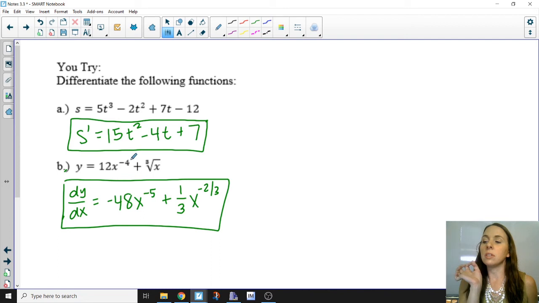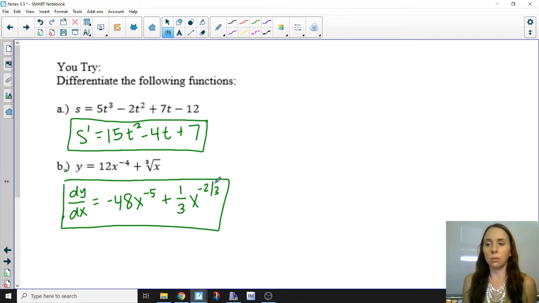Remember that you have to subtract 1 to get your new power, and negative 4 minus 1 is negative 5. How did you do with the cube root? The cube root of x is the same as x to the 1/3 power. And so to get that derivative, we have a 1/3 x to the negative 2/3 power, because 1/3 minus 1